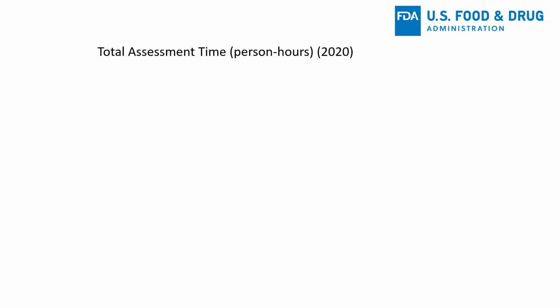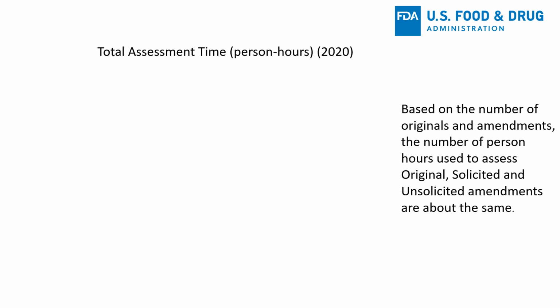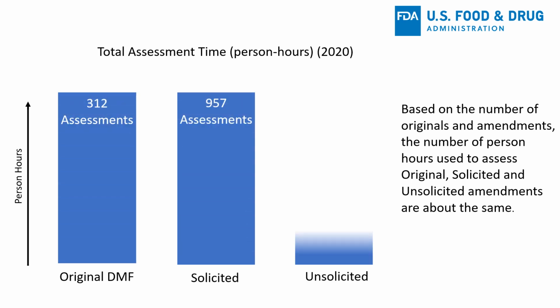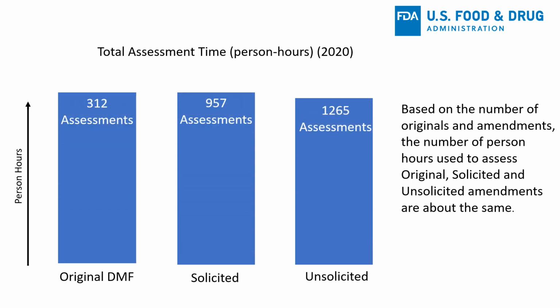Now, the interesting thing is when you look at the total time we spend on each type of amendment, and again, we get fewer originals. However, since originals take longer to review, it turns out we spend about 1/3 of our time reviewing original DMFs, and reviewing soliciteds and unsoliciteds about an equal amount of time. And so this says that basically this right here, the soliciteds,